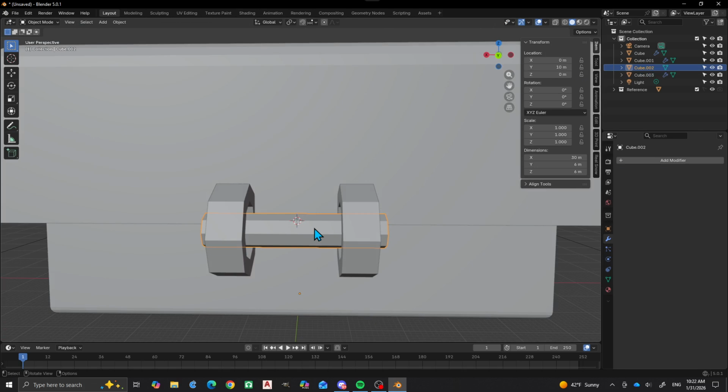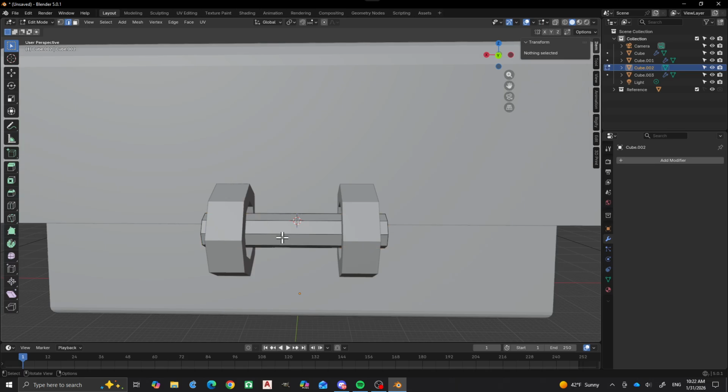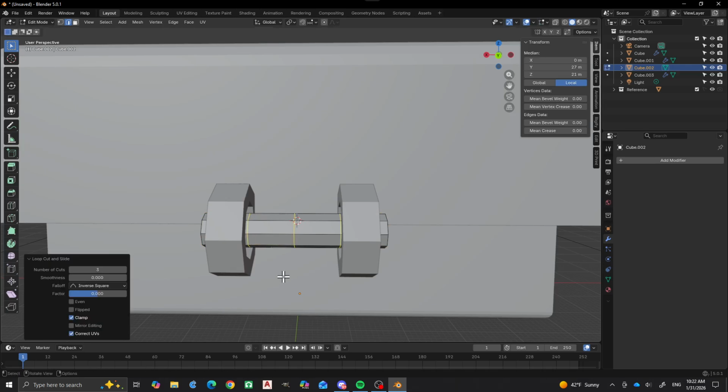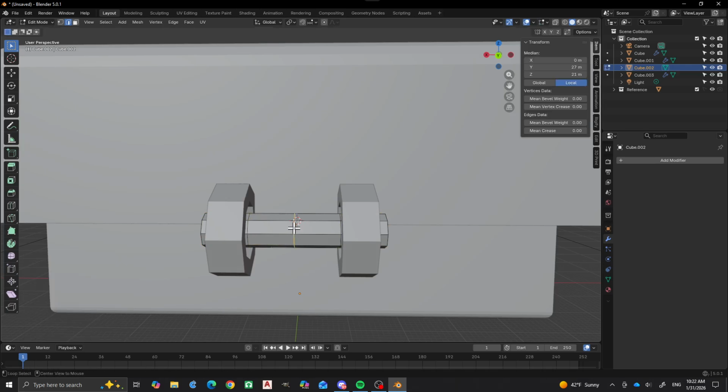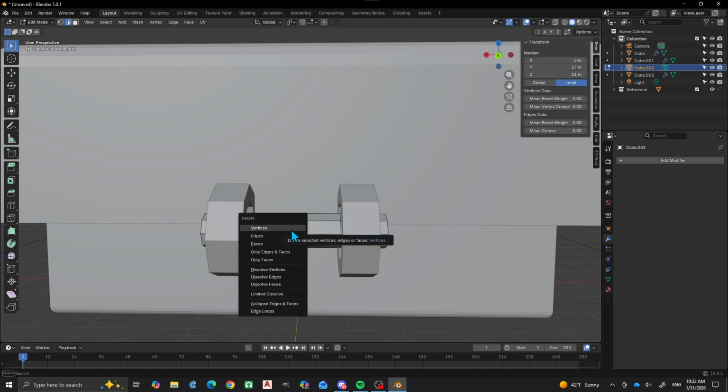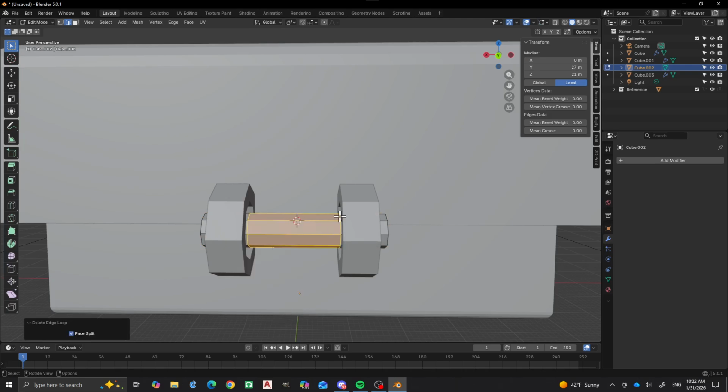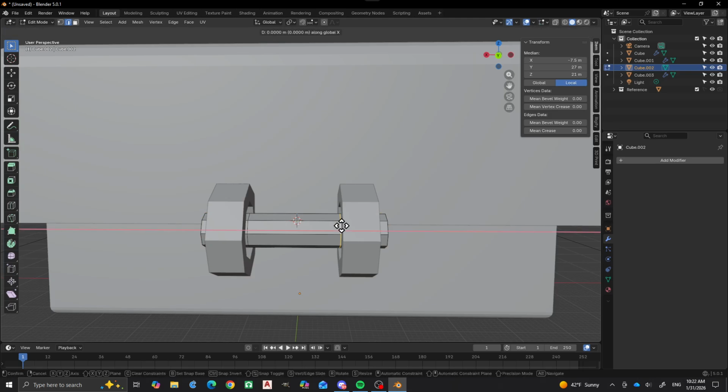Okay. So now one thing that I want to do is that I want to do a loop cut here on each of these. Okay. Then I'm going to get rid of this X edge loop. And then I'm going to do an Alt select on this